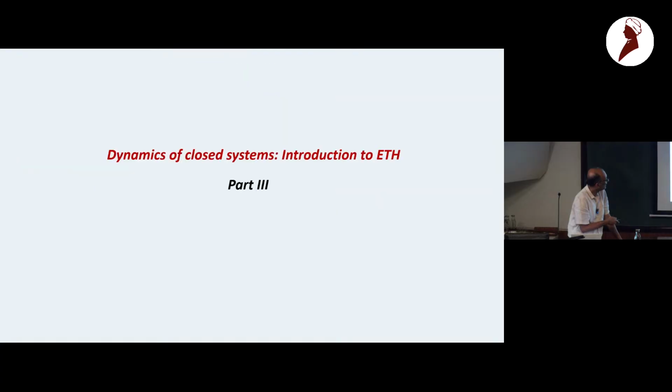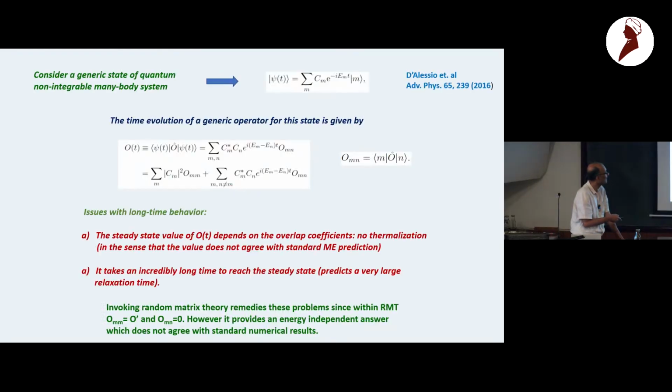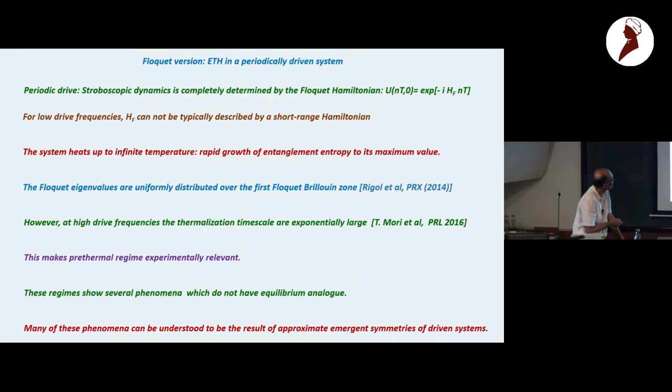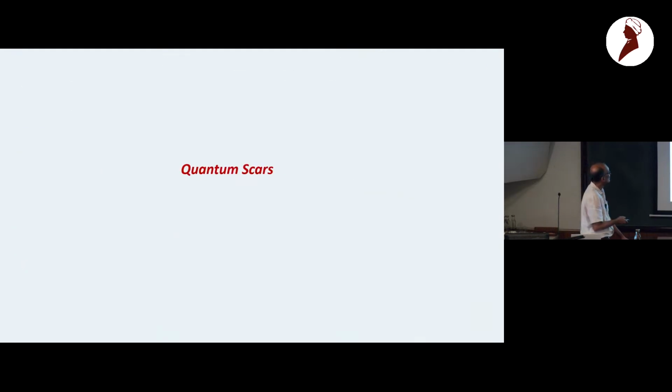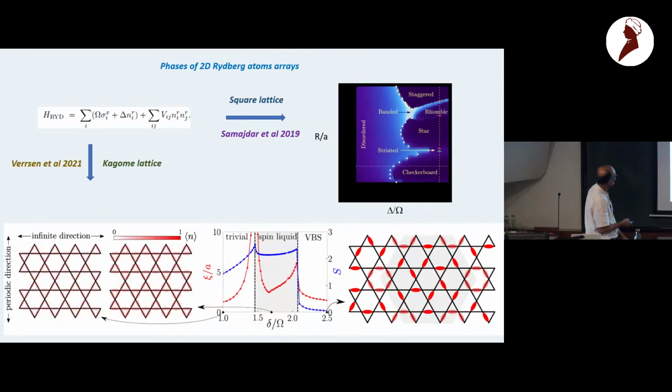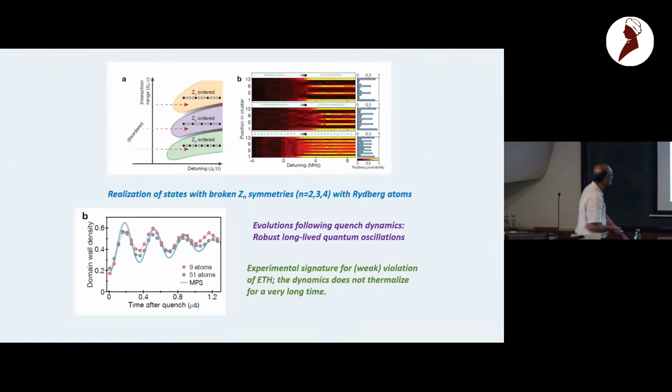So I'm not going to get into the dynamics in detail because I'm running out of time. So in the interest of time, let me just show you one small thing and stop there. Okay. So basically, what happens in this kind of Rydberg system? So let me just get into this plot first. Yeah. So let me come here.